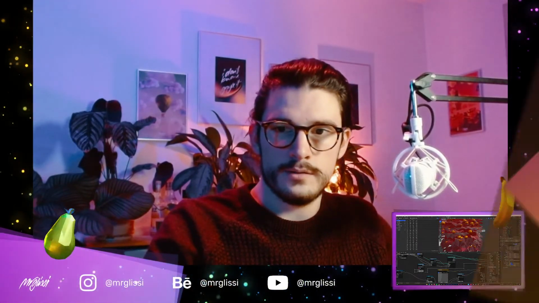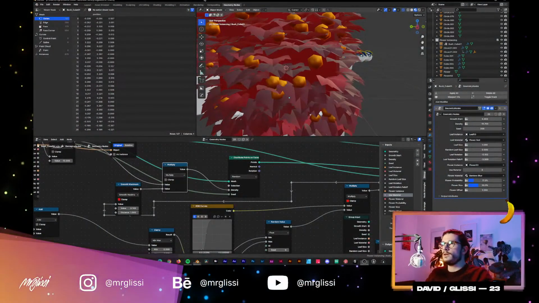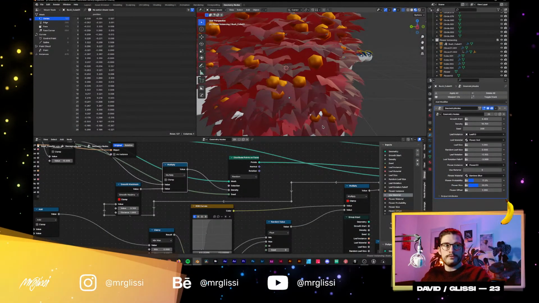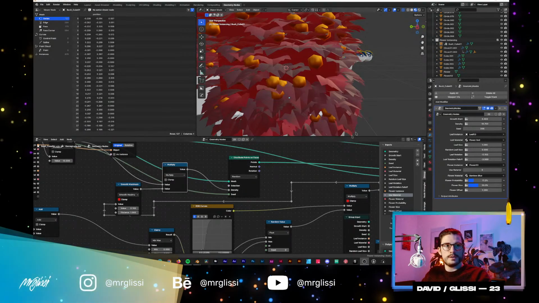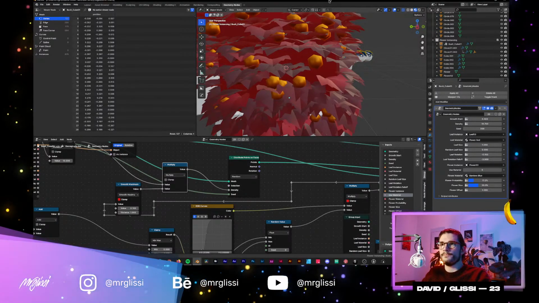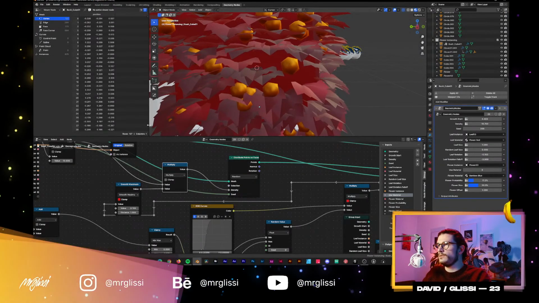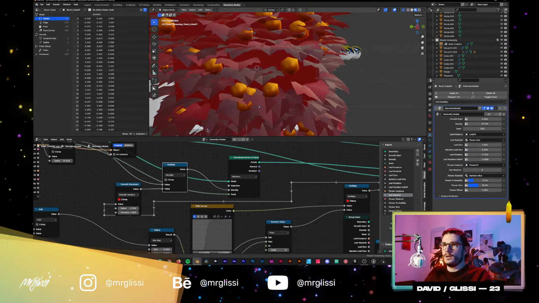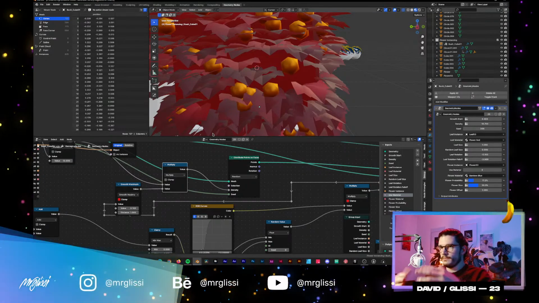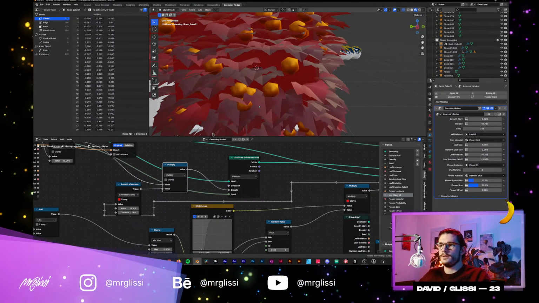So let me just jump right into this scene, switch over to the full screen view, and then I'm good to go. All right, I currently do have my GeoNode setup available here on the screen,